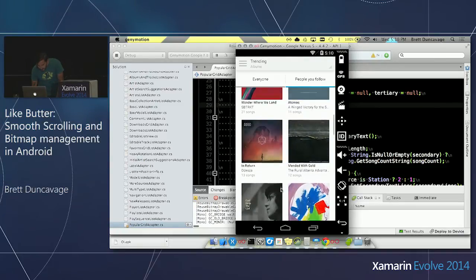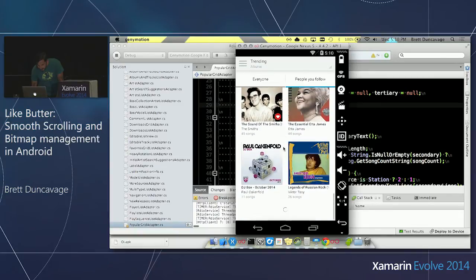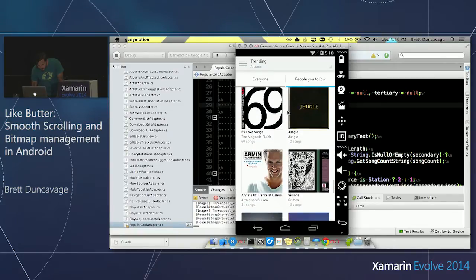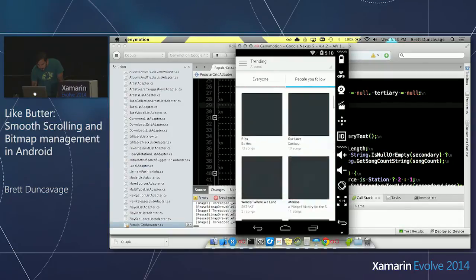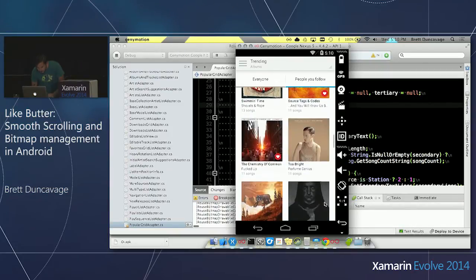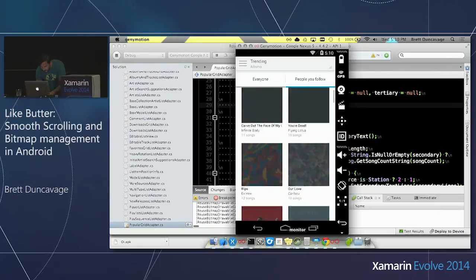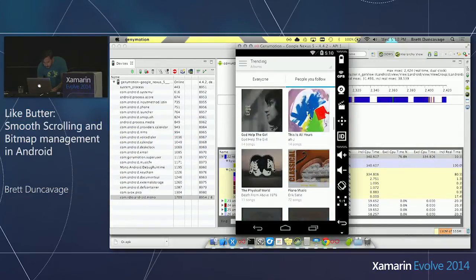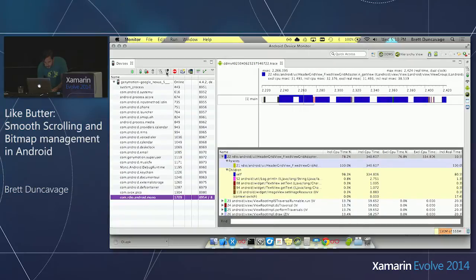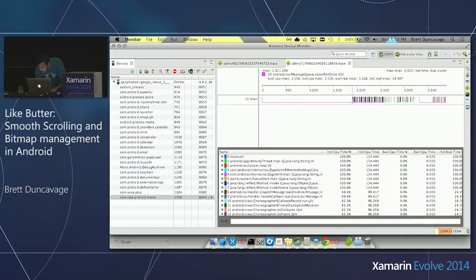Okay, so now let's see. It's kind of hard to see there, but see, it's nice. It's decelerating nicely. There's no going up and down here. Seems really nice. But let's run the profiler just to make ourselves honest here. Select the process. Start the profiler. Just do some scrolling. Stop it, and then if you go here,